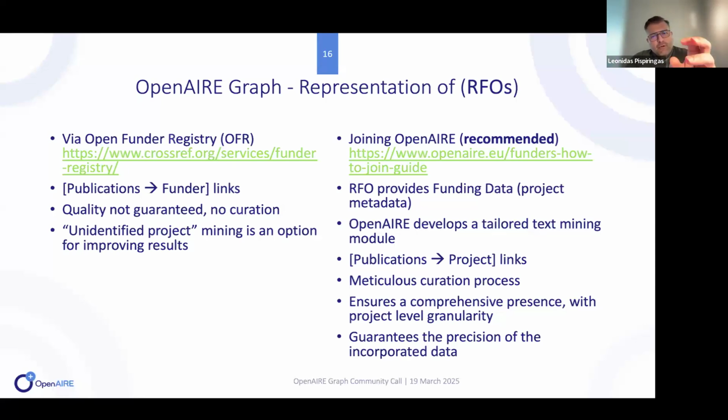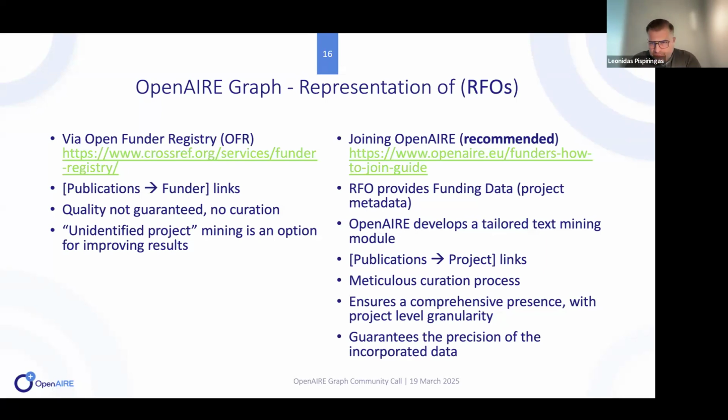I put this slide because it's important for the RFOs, the funders, in their representation in the OpenAIRE graph, which can be made in two ways. First of all, they can be represented via the Open Funder Registry, where we can have the publication and funder links, but here we cannot guarantee the quality and we don't have a curation. And one option to improve the results in this case is to have the unidentified project mining. And of course, the recommended option is to join the OpenAIRE